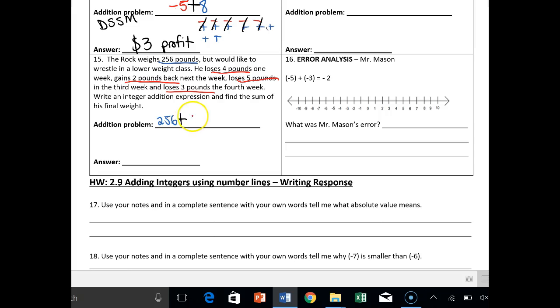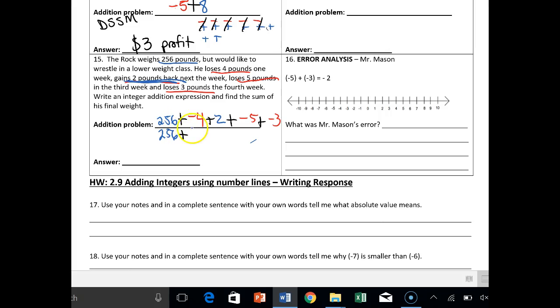plus losing 4 pounds is -4. Oops, gaining, well, that should be positive, my fault. Plus 2 the next week. And then the week after that is plus -5 because he lost 5 pounds, and then plus -3. All right, so here's what I would do. If I were you, I'd rewrite this so the positives were next to each other, and then the negatives were next to each other. So using the commutative property of addition, 256